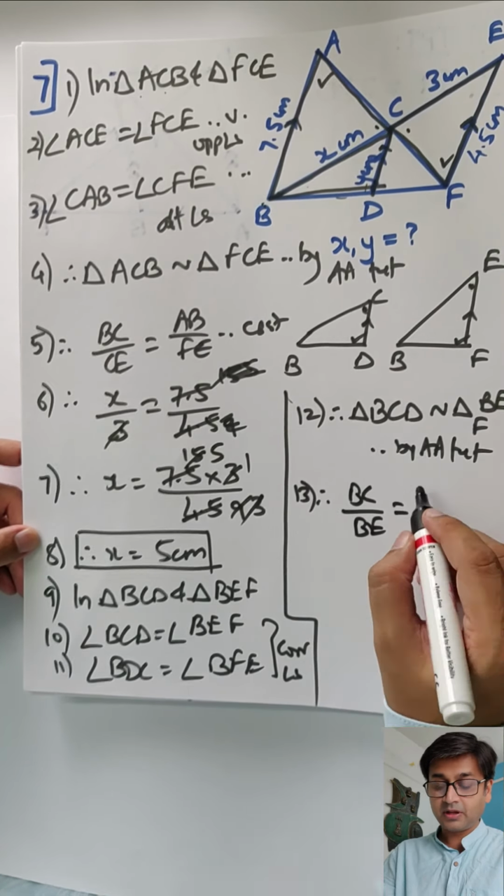BC is x and x is 5. BE will be 5 plus 3, 8. CD is y and EF 4.5. I am not doing it direct, I don't want to mess up. So y is 5 into 4.5 by 8. So we'll have to actually divide and get the answer. So I'm just taking a rough sheet because I don't have place here. So 5 5s are 25, 22 upon 8 and decimal. So 8 2s are 16.